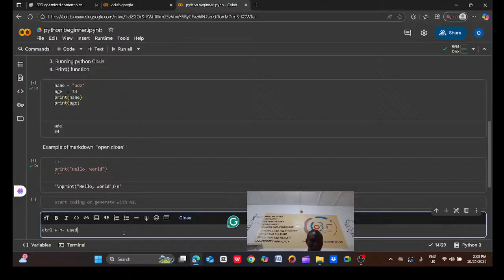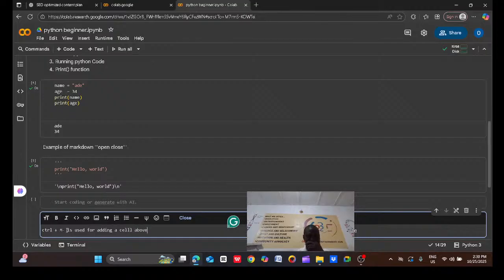So you just print. Control M is used for adding a cell above.